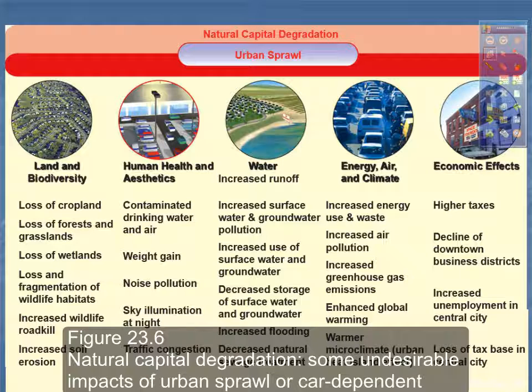So these are the degradation that you see in the urban sprawl. So you can divide it up into the different categories, and you guys would probably be able to list a lot of this off the top of your head. So kind of take a look through this chart and be able to list a couple examples from each one. Again, I mean, it's nothing new. So let me know if you have any questions on that one.